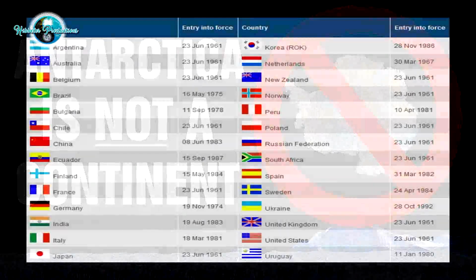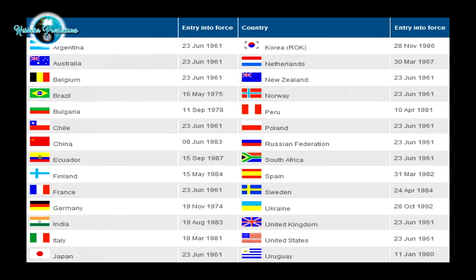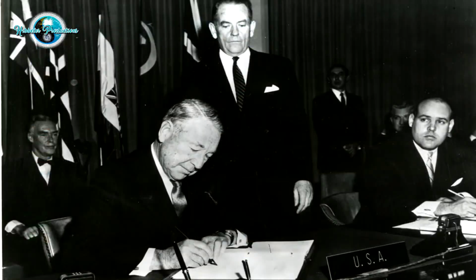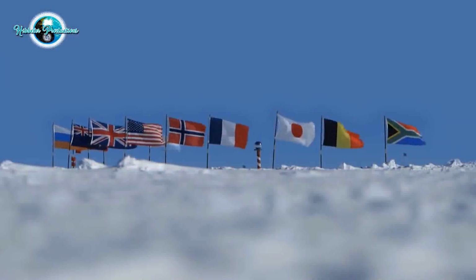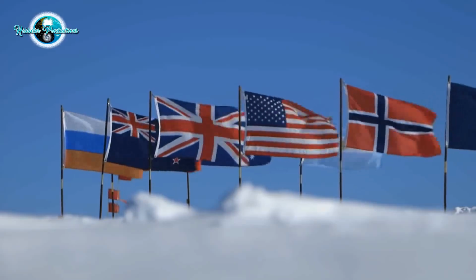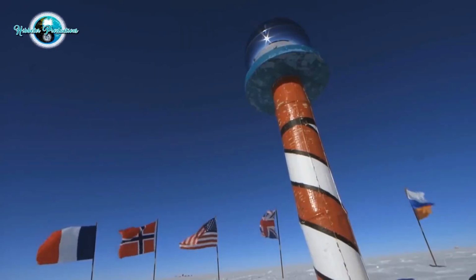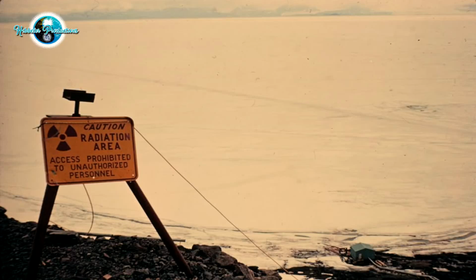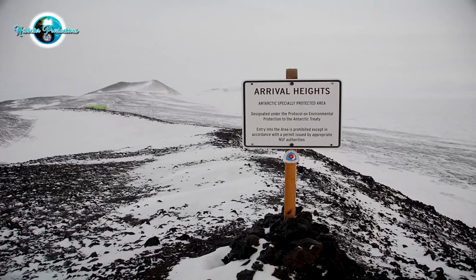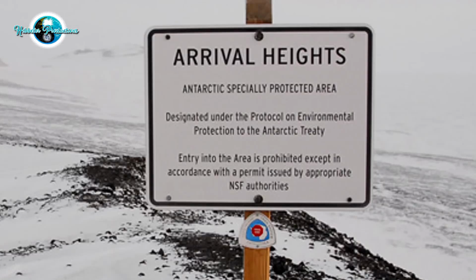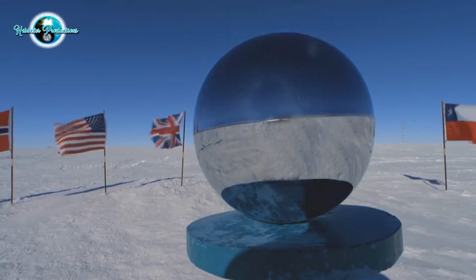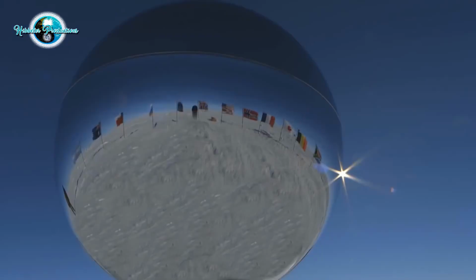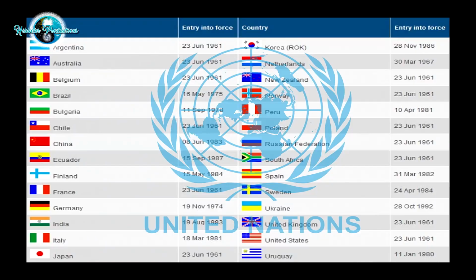When I look at the people who signed the Antarctic Treaty, and all the nations that were down there doing whatever they were doing signed a treaty, and I believe it was 1958 or somewhere thereabouts, saying, nope, nobody can stake a claim to Antarctica, and if you're going to go down there, you can only go down there for scientific reasons under carefully restricted guidance, but it's not a free-for-all. Nobody can just say, hey, I'm going to go check out Antarctica and do a high jump of my own. No, can't do it. It's the only treaty that all these countries have signed and never broken and completely agreed on. It's the only one. What treaty is there that everybody's agreed on?